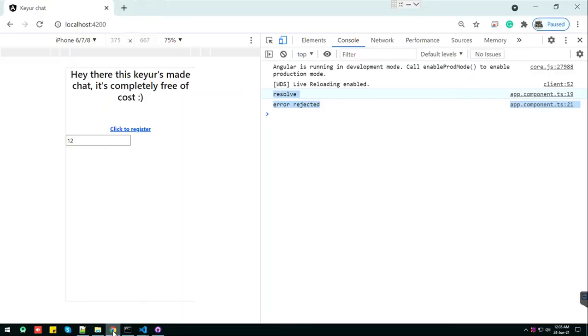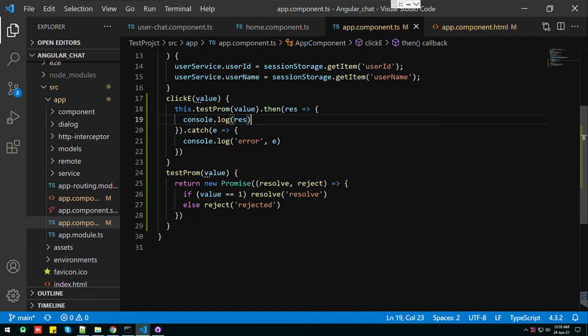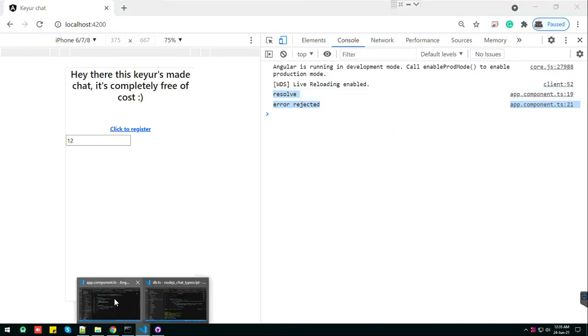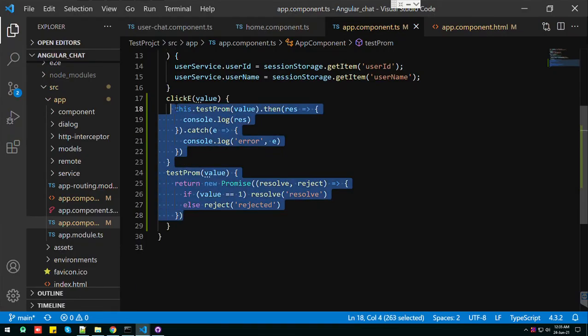type the 2, that is 1 2. So this if condition becomes false, and it will go to the else condition, and it will reject my data. So whatever you type here, it will catch here, and I just printed it into the console log, which you can see here. So this is the very little functionality which I made.